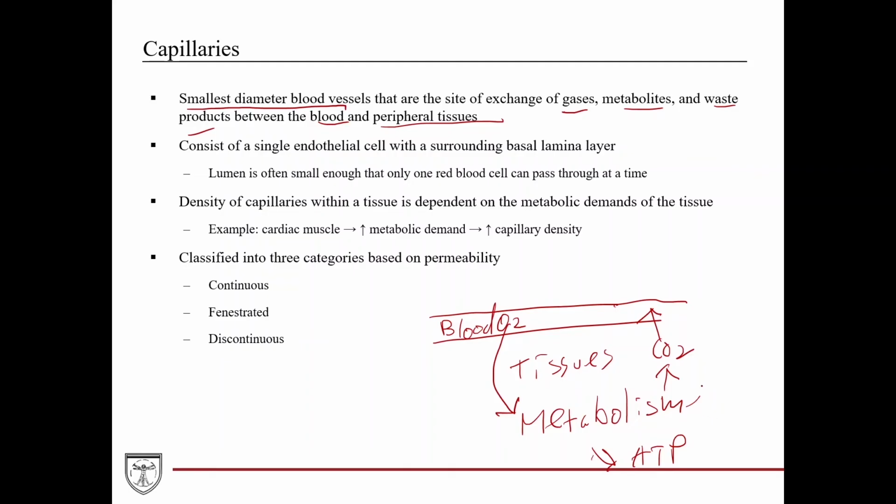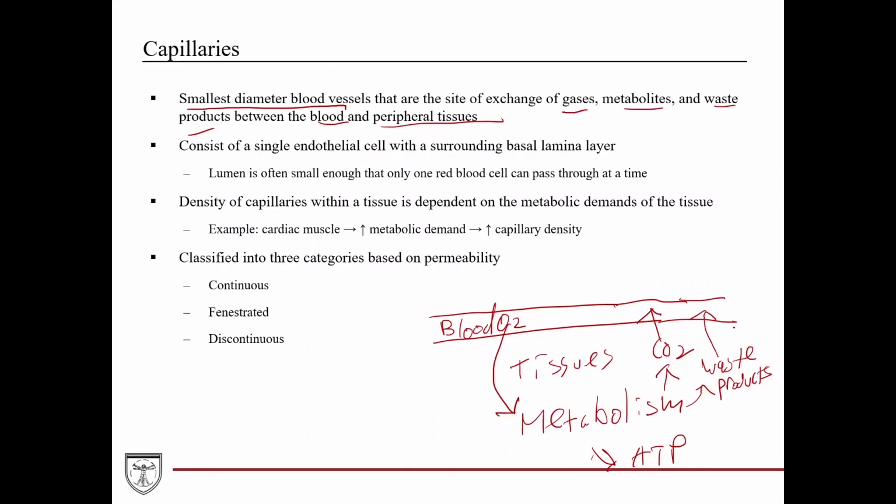The other thing metabolism generates are waste products. And so those will get cleaned up and carried out by the blood. And so the CO2 and the waste products get carried in the venous blood. The CO2 gets carried to the lungs where you breathe it off into the atmosphere. And then obviously the waste products, they get carried to either the GI tract or the kidney where they can